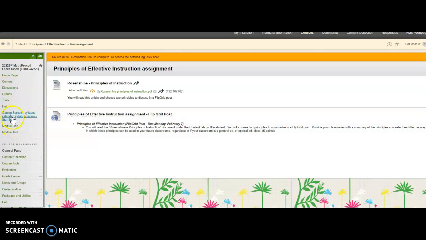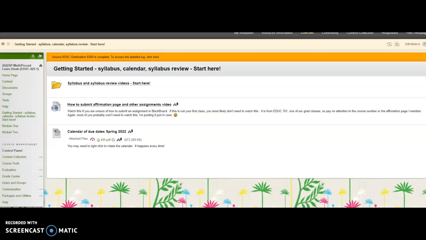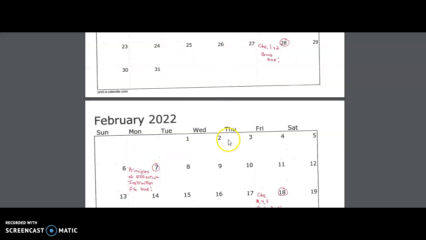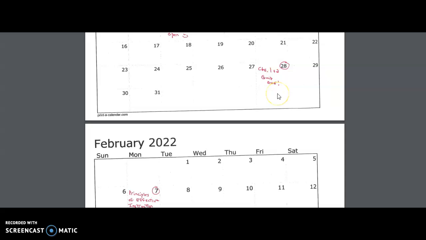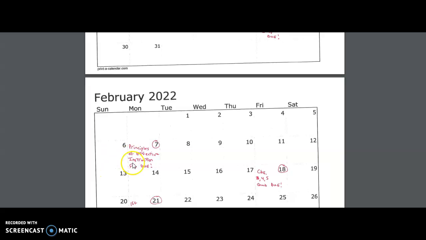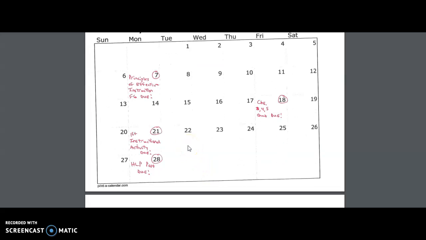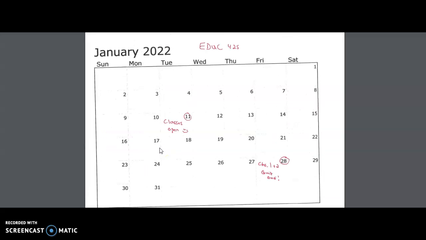And again, that is due, let me go back to the little calendar. So that is due February 7th. All right, so make sure you're finishing up that quiz from chapters 1 and 2, and then effective instruction is due February 7th, and you can start looking at, of course, chapters 3, 4, and 5, and I will get that PowerPoint up for chapter 4, and then your quiz is due February 18th. Okay, and I'll be back again either momentarily or maybe another day to talk about the instructional activities. All right, I think that is it for now.